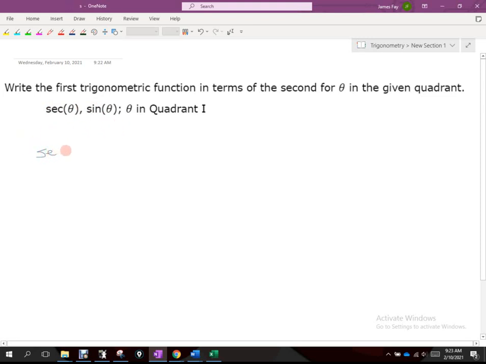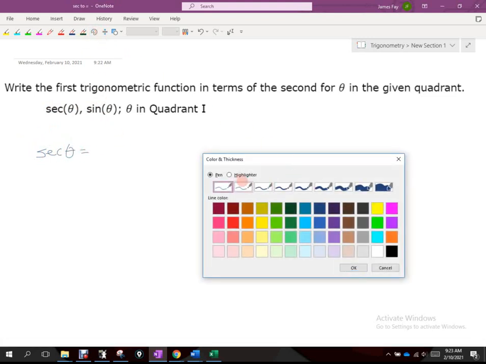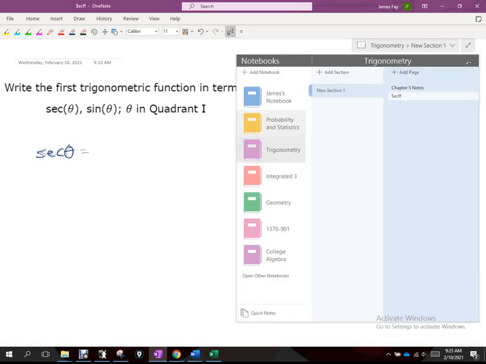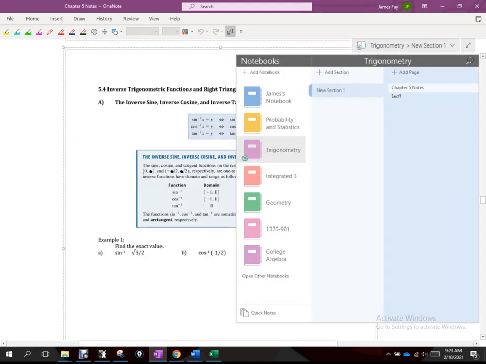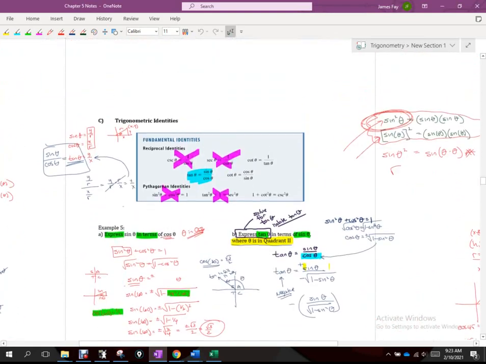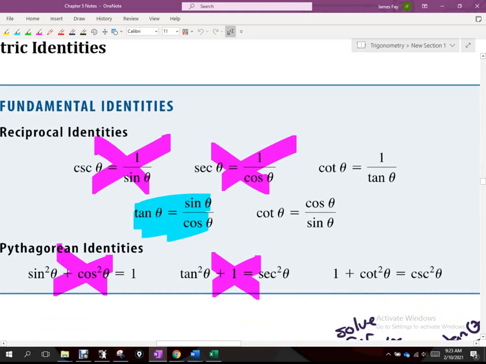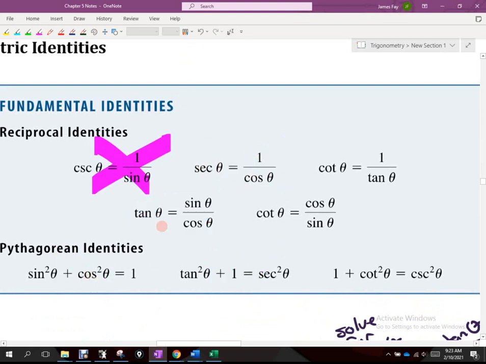So secant theta is going to be solved for. Now we have to think of a relationship that involves secant and sine. As we think through, or look through our table that we introduced maybe 2 days ago, that had our fundamental identities in it, none of these relate secant directly to sine, do they? But that doesn't mean that you